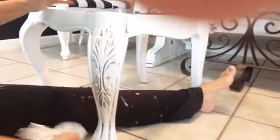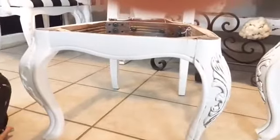Just a huge difference. Isn't that amazing? So pretty. And originally, guys, we talked about this last week. Originally, Matt did not want to glaze. He thought it was going to make him look dirty. And I think a lot of people think that. I'm not good at glazing, so when I do it,